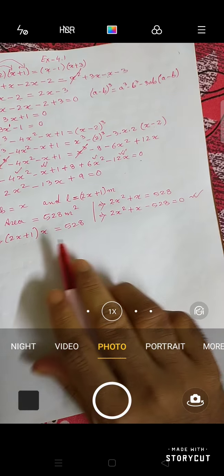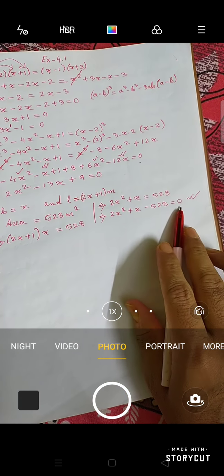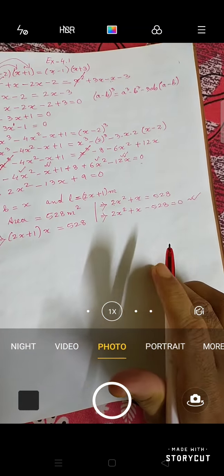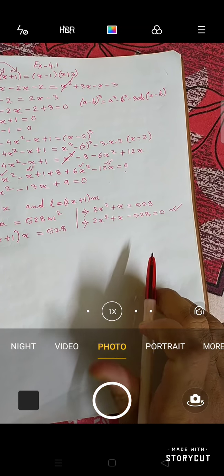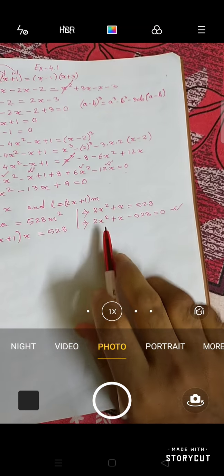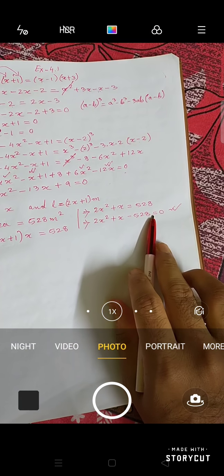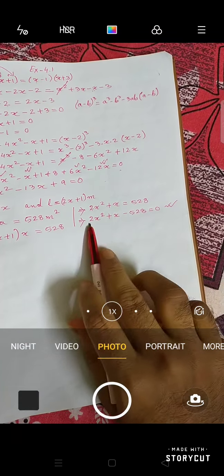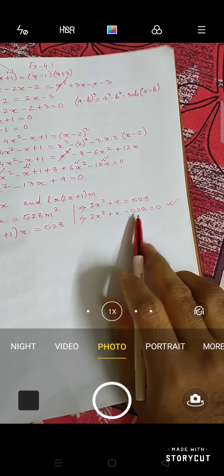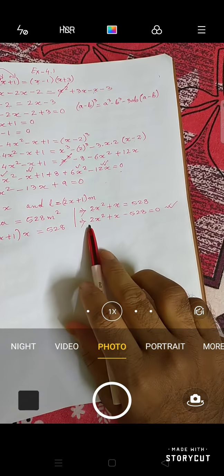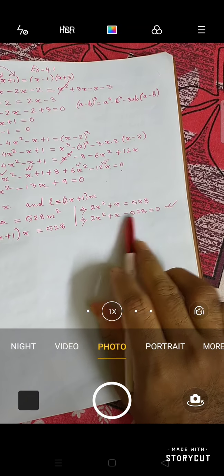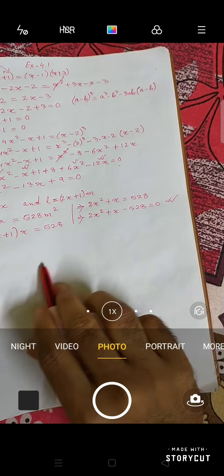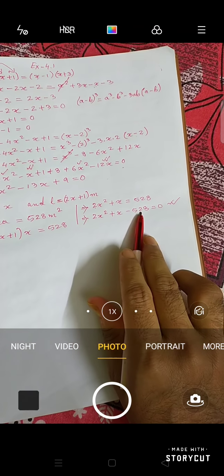Now we will try to solve it by middle term factorization. You can solve by any method, your choice. So how to find that? I told you already that whenever you find it by middle term factorization, the first thing to remember is that the equation has to be in standard form. Then the first number and last number have to be multiplied, correct? But I will not multiply these two numbers, because if I multiply, I will get a bigger number. So the basic concept, I know that this 2 will be multiplied by that.